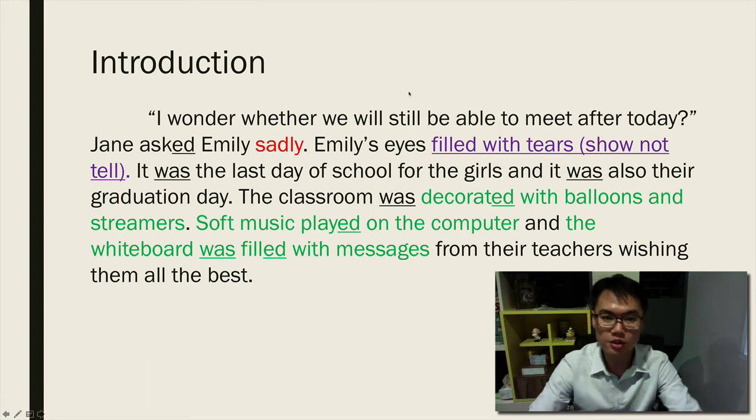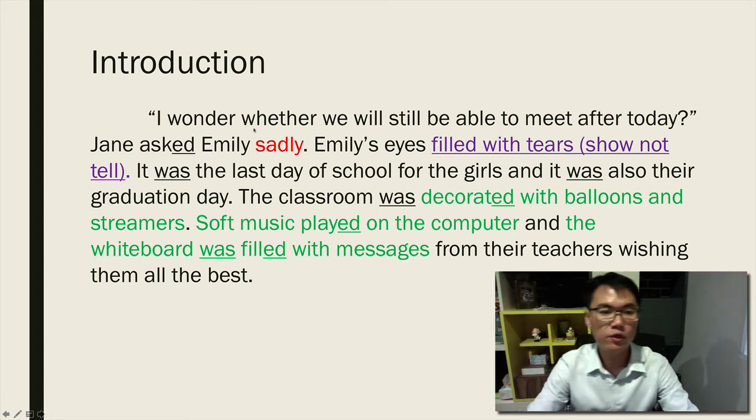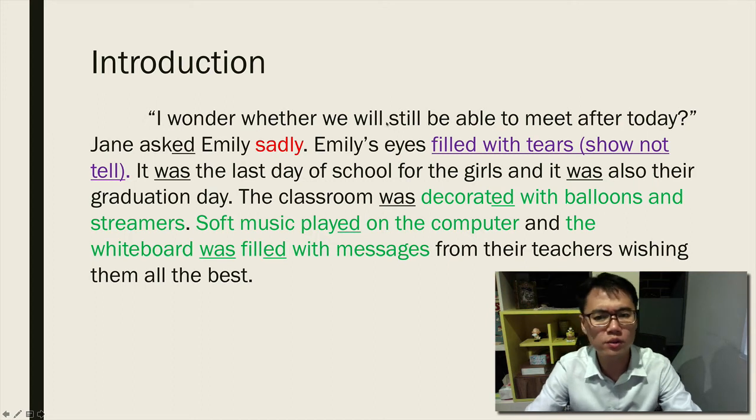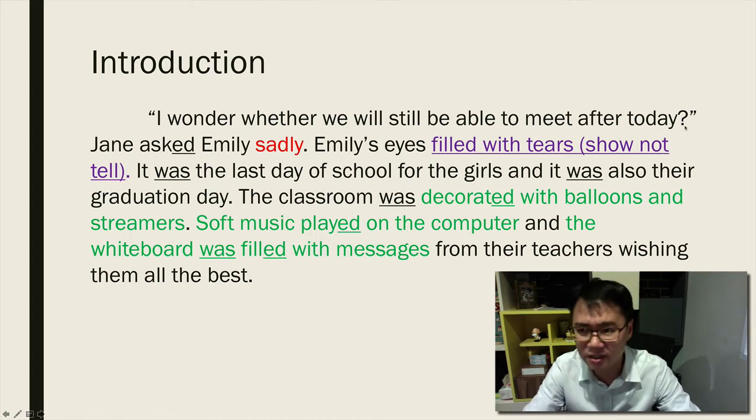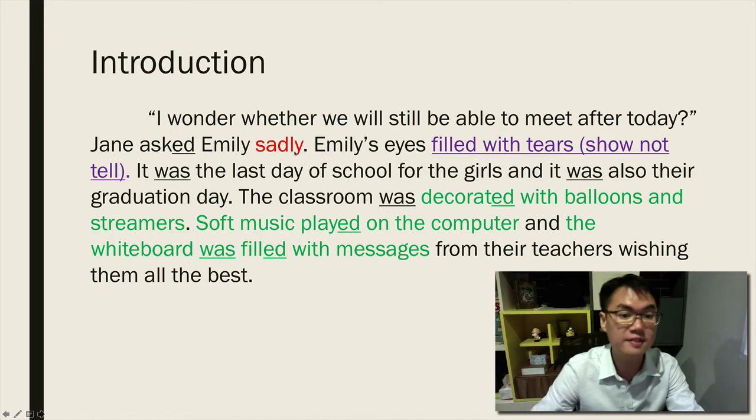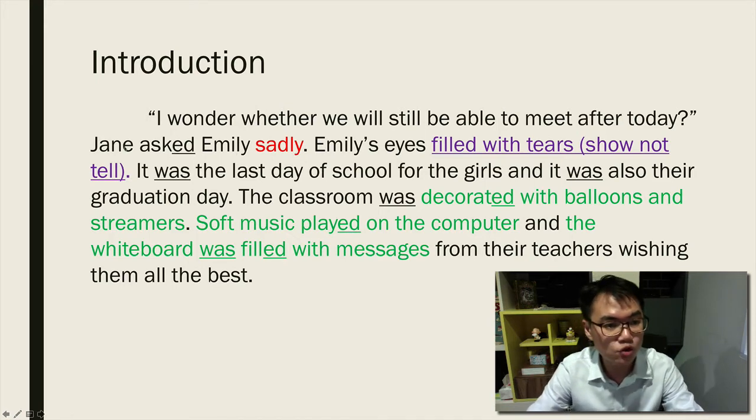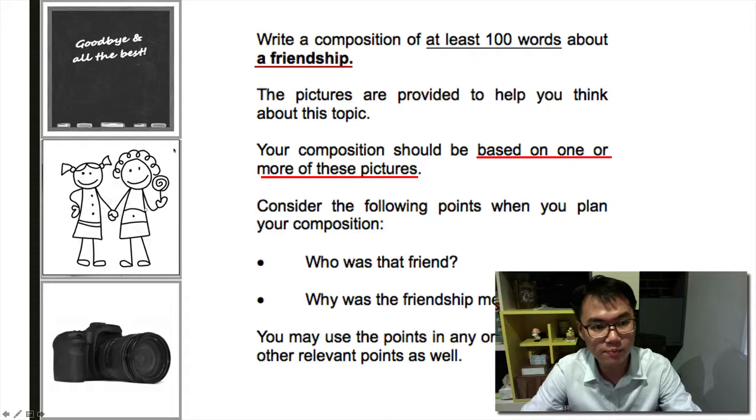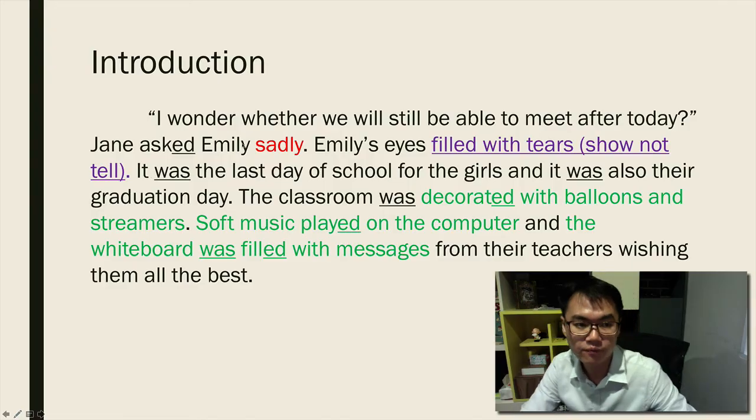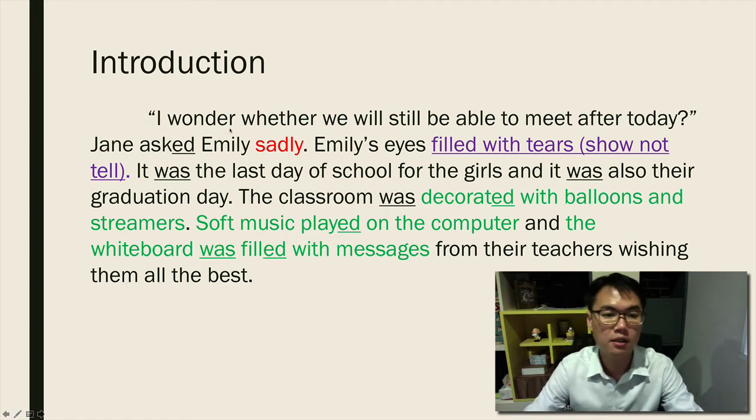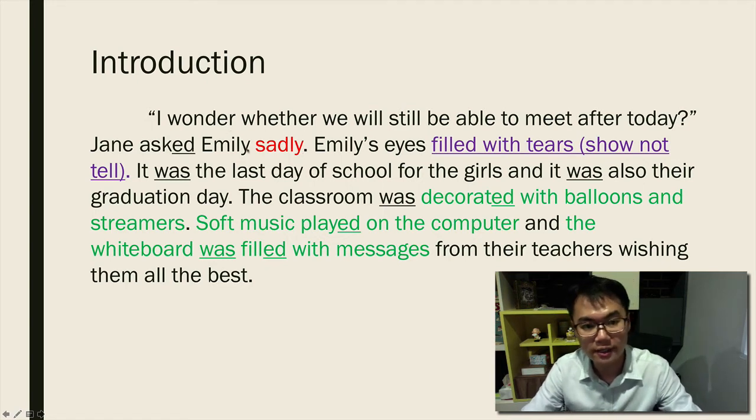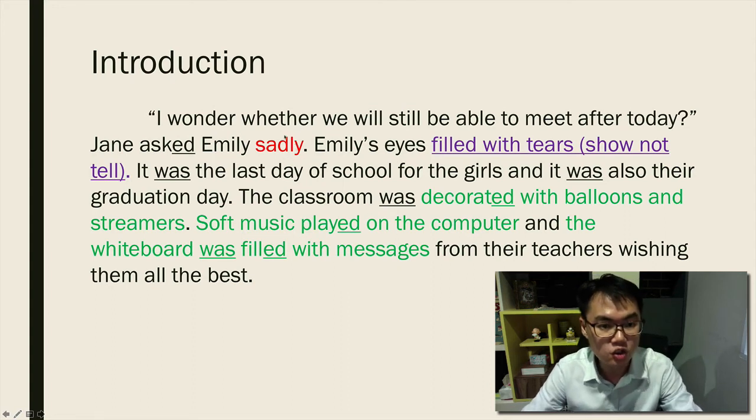So let's look at the introduction. Beginning with dialogue. "I wonder whether we will still be able to meet after today," Jane asked Emily sadly. So here I have my two female characters, remember, in the picture before, two girls holding hands. So they're Jane and Emily, and Jane asks Emily this question very sadly. And all the words in red are adverbs. Remember, adverbs describe how an action takes place. In this case, how Jane asked Emily,